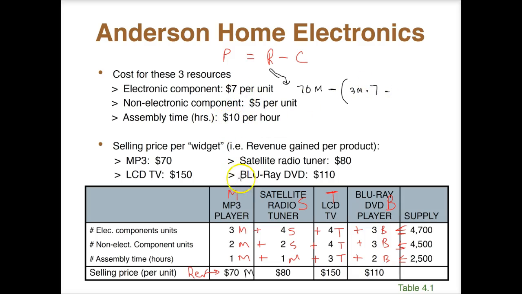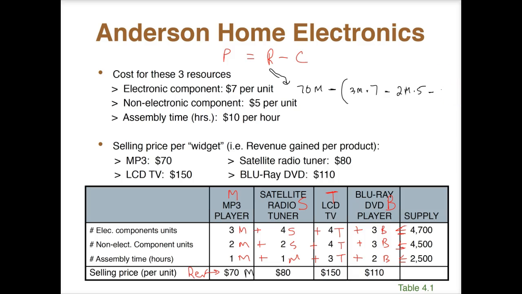My non-electronic components is 2M, but of course it costs me $5 for that. So that's going to be 2M times 5. And then the assembly time is $10 an hour. And so the assembly time for the MP3 player is just 1 hour. So this would be 1M times